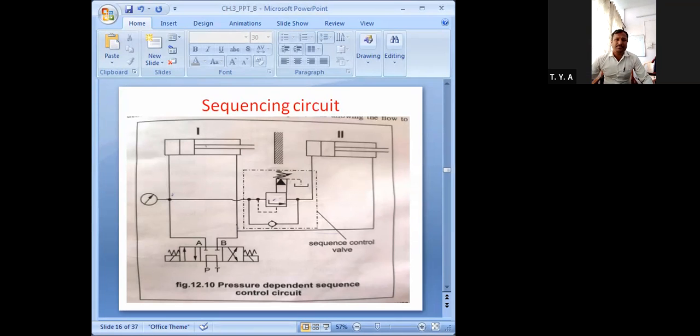After reaching this set value, the flow will go through this valve. This is a sequence control valve, which we already studied in chapter number 2. When it actuates, fluid will pass through the sequence control valve, and then fluid will go into the second cylinder,